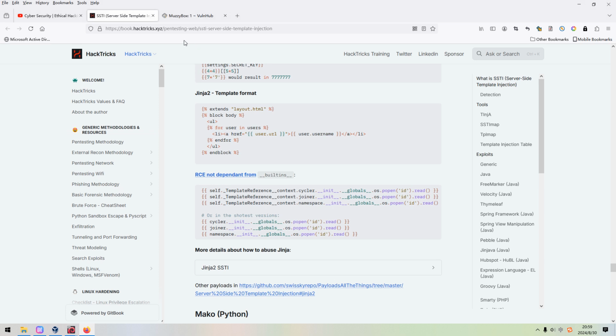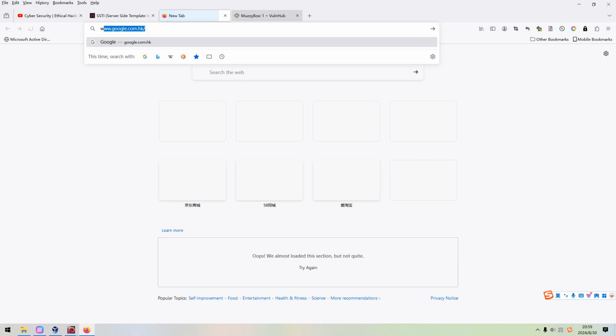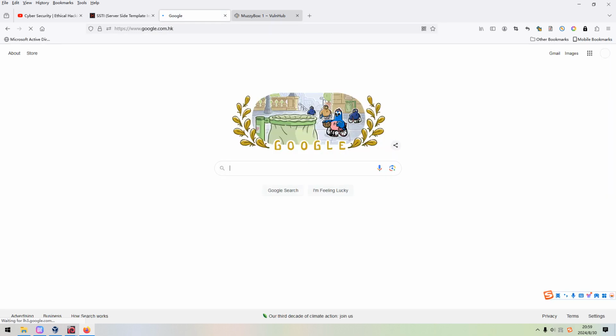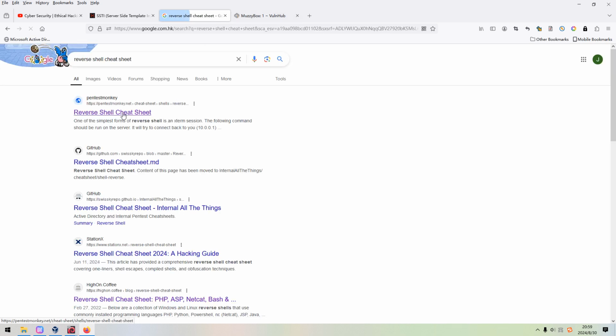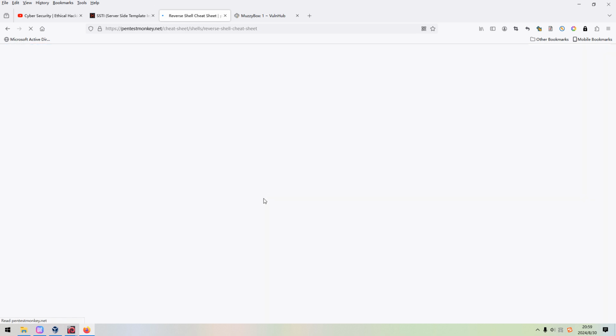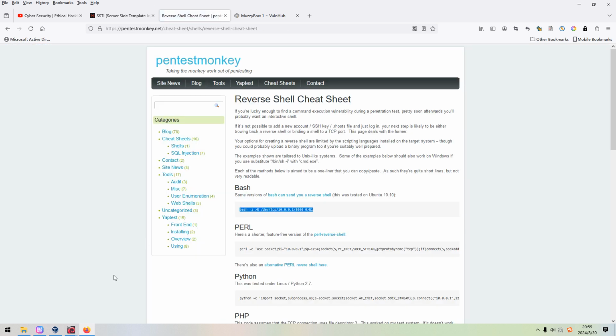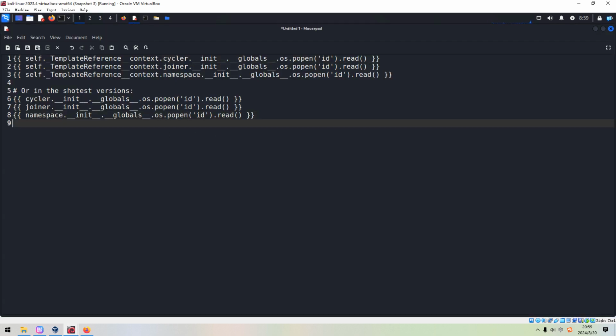So what can we do next? We need to run a reverse shell command. To do that, of course, I've already opened up this site, or maybe we can go to the reverse shell site. We can copy and paste it over here.